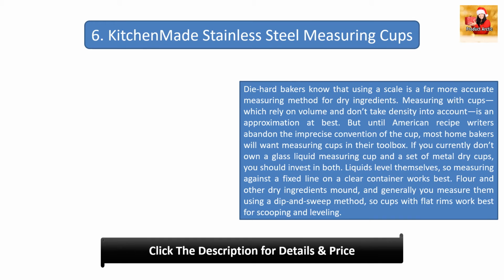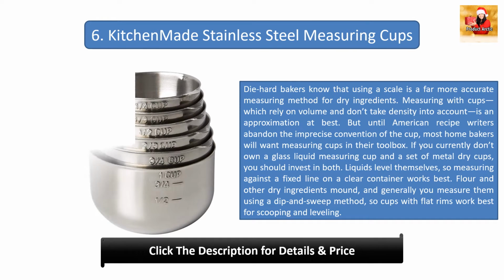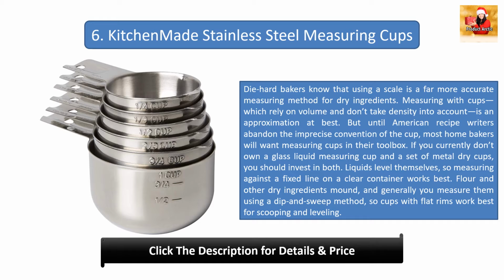6. KitchenMade Stainless Steel Measuring Cups. Die-hard bakers know that using a scale is a far more accurate measuring method for dry ingredients. Measuring with cups, which rely on volume and don't take density into account, is an approximation at best. But until American recipe writers abandon the imprecise convention of the cup, most home bakers will want measuring cups in